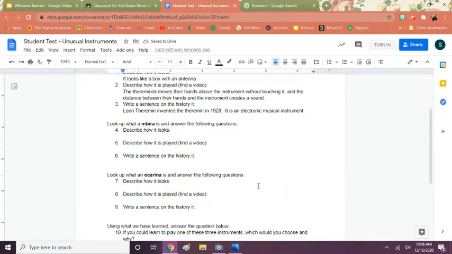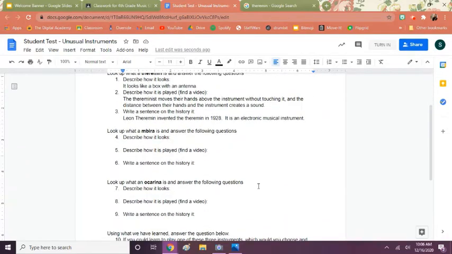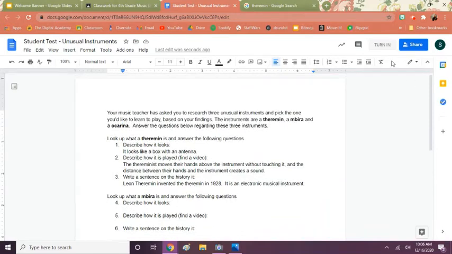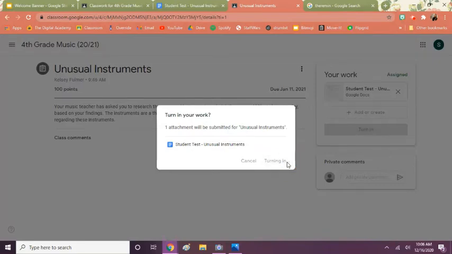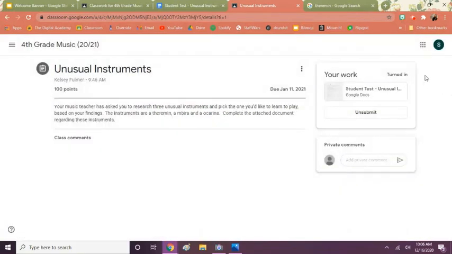Once you have completed this assignment, and that means answering all the questions in their entirety, you can click up here on the right-hand corner, Turn In. It's a little bit easy to miss, but it's really important. This is how I know that you've completed the assignment. Click Turn In. It will take us to a new tab. And then, this is really important, we have to click Turn In again. And then you can see that it goes from assigned to turned in right here so that we know that